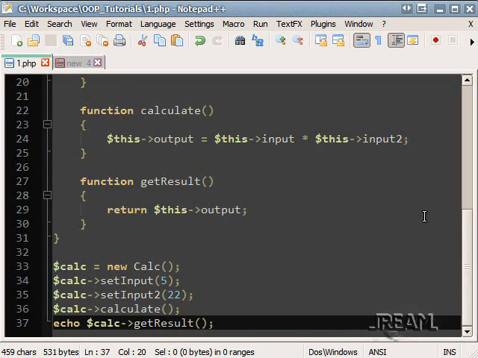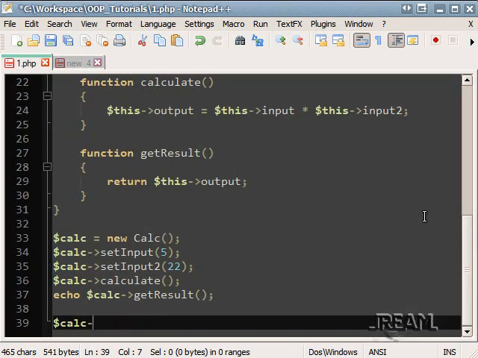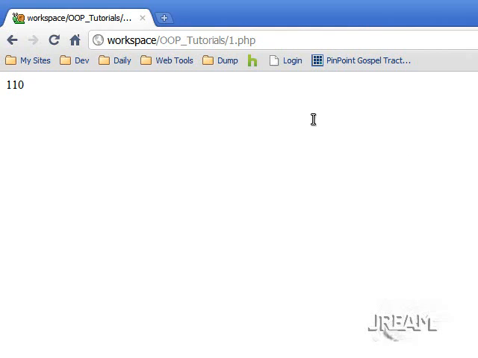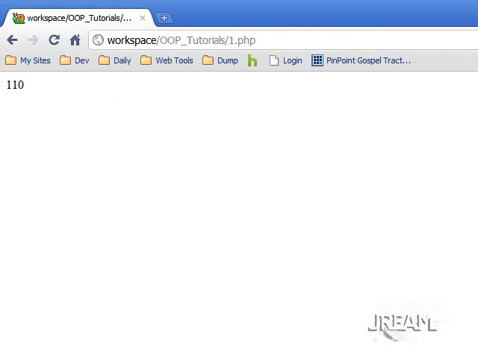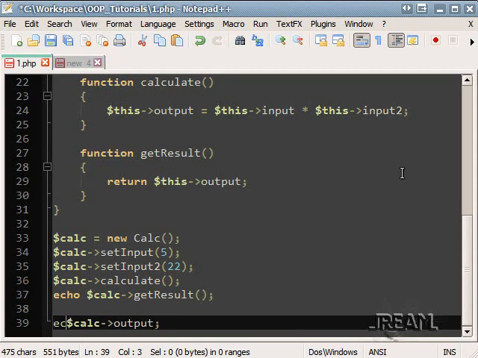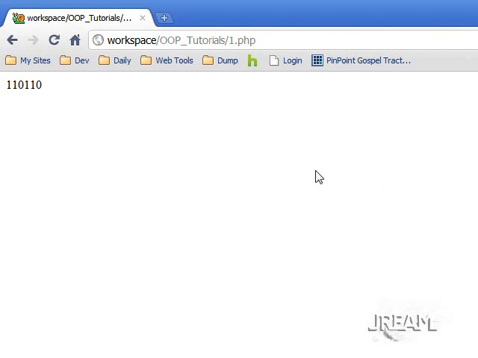Now there's almost no reason to use this get results because we can say calc input, and we can already echo that out. There's 5, and we can echo calc output, and I forgot to echo it. We have 110,